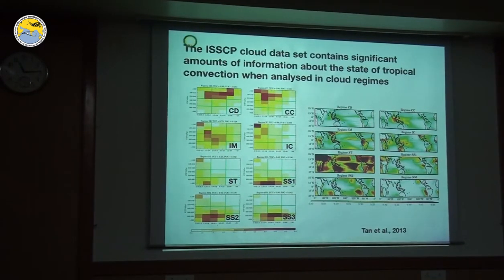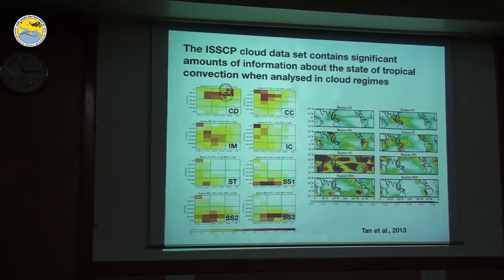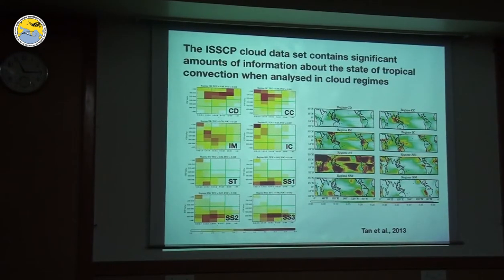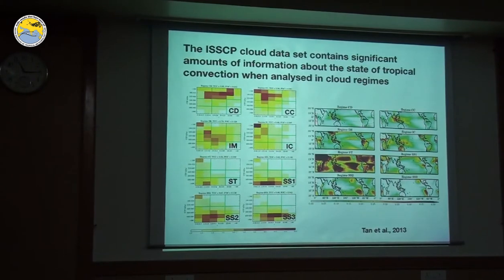The next type you can see has lots of clouds that are high up in the atmosphere, but they are thin. And then in the thick part, where you would expect convective clouds and big anvils, there's actually a little bit of coverage, but not a lot. So that's a convection that is not organized. So you have individual convective plumes that make cirrus clouds that are very thin, but there's no mesoscale circulation associated with them, so that they stay thin. There's not much stratiform